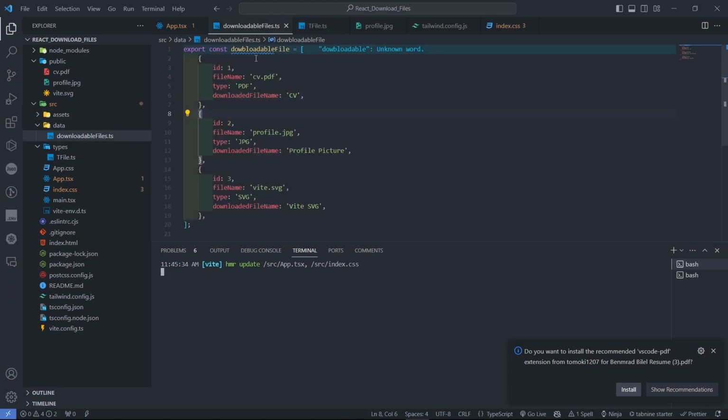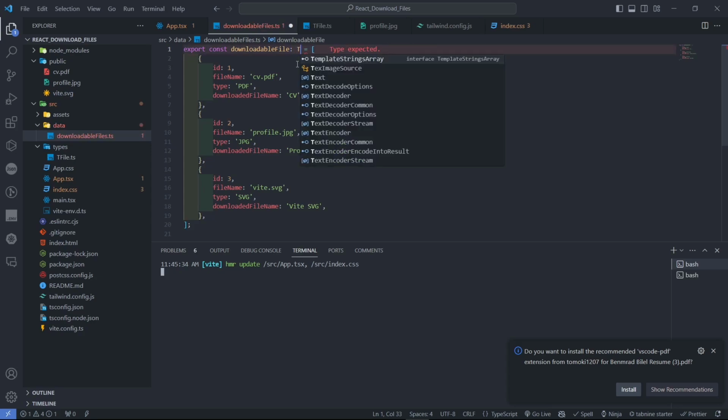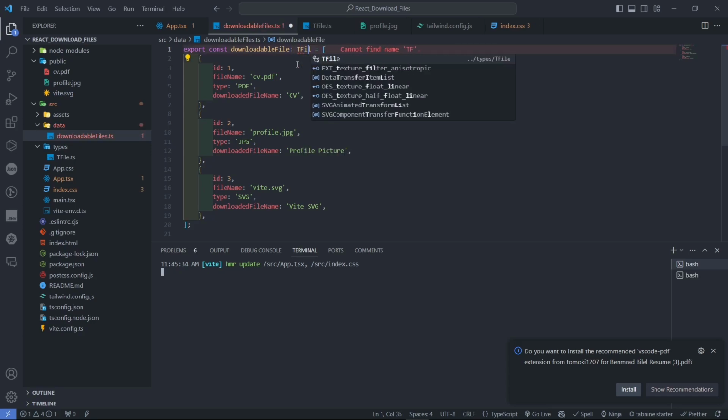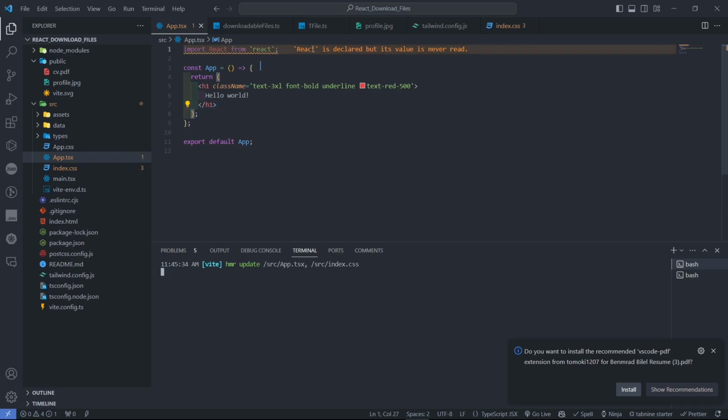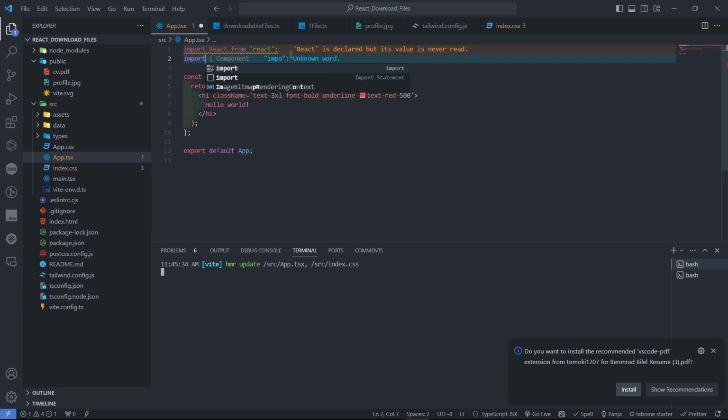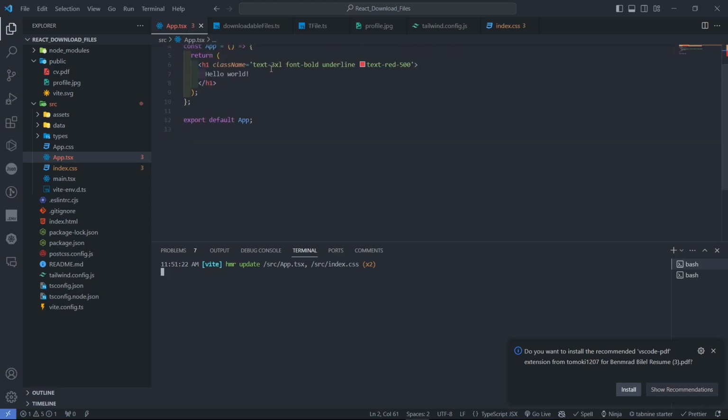So this is downloadable files, and this is a type of, this is an array of TFile, array of TFiles. Okay, so in the App.tsx we need that downloadable files array, so I'm gonna import the downloadable files array from the data, and